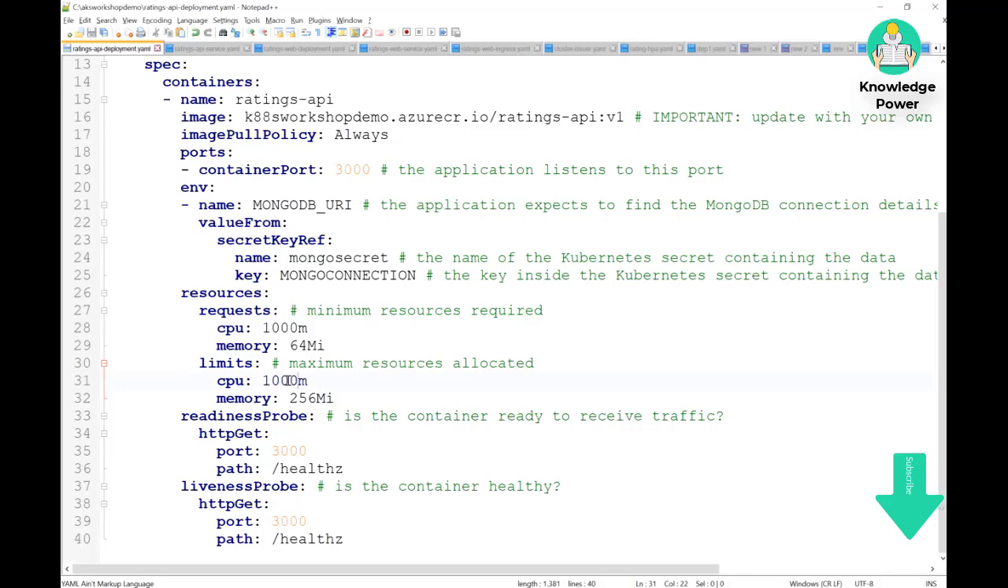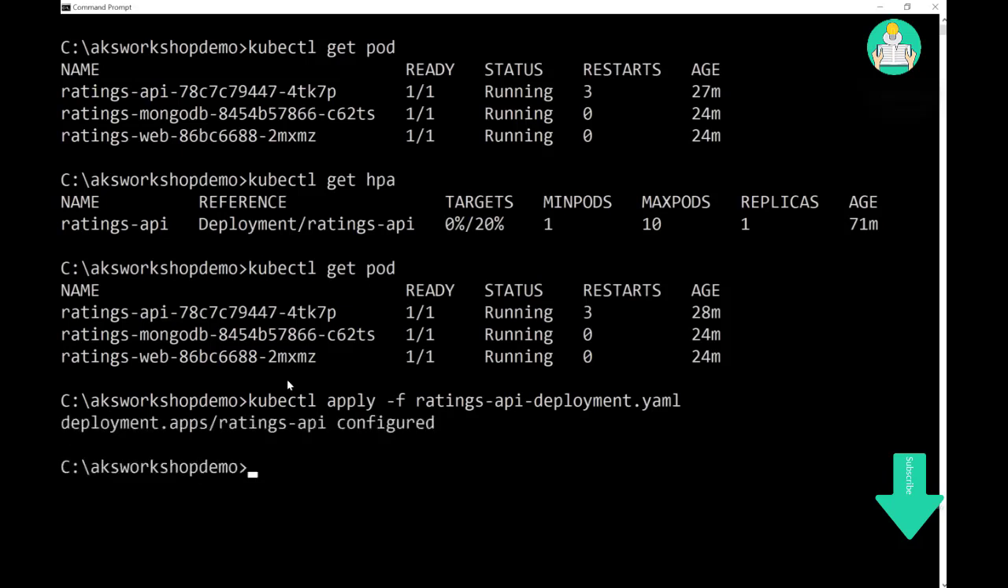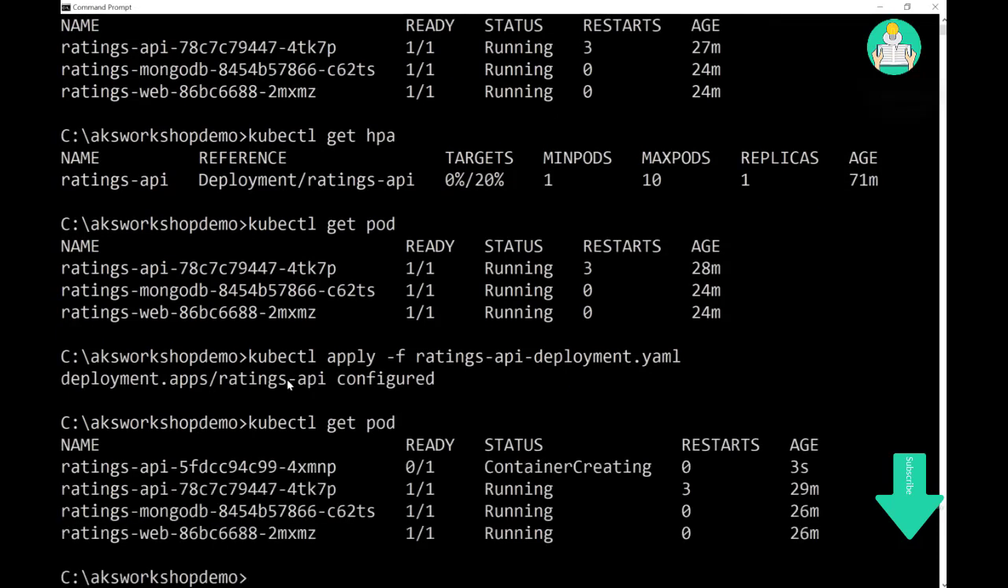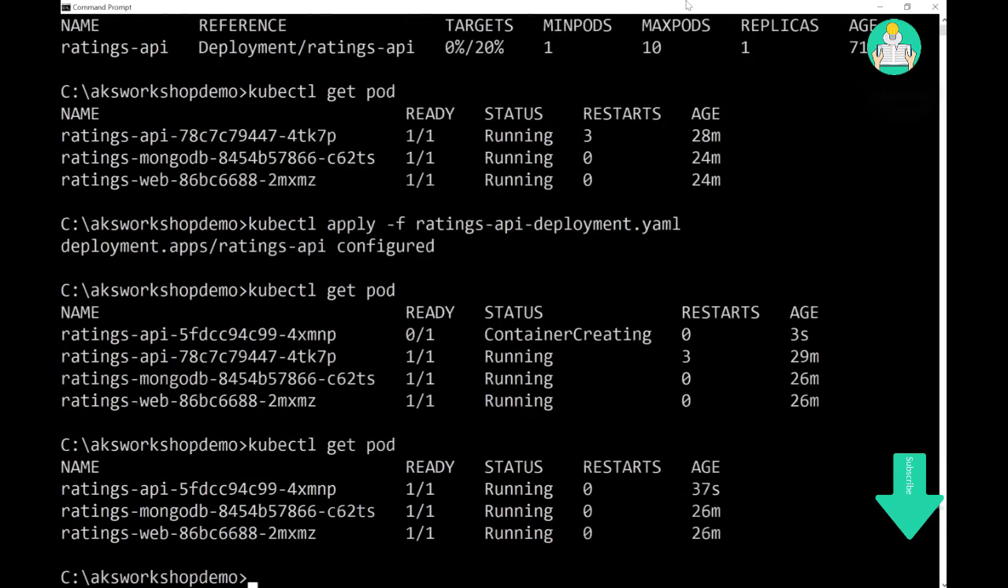So I go back to the console, and I will have to apply this new configuration. So it's the rating API deployment. Once it's done, we will see there is a new pod containing. Again, get pods. So you can see that they replaced the old one with a new one, and everything is working just fine,